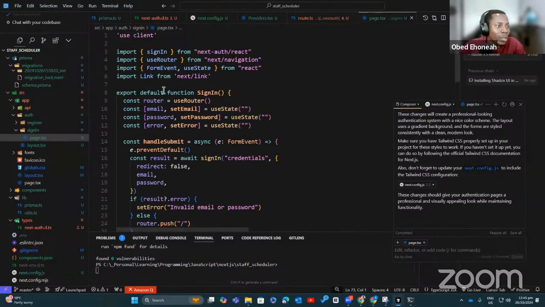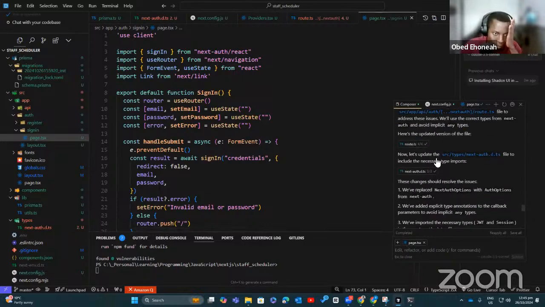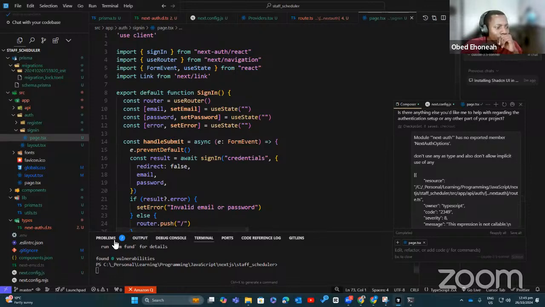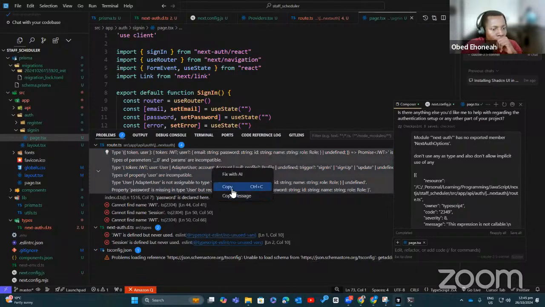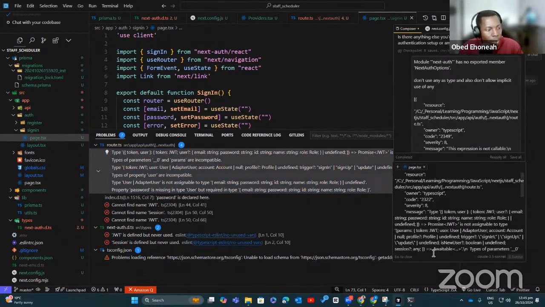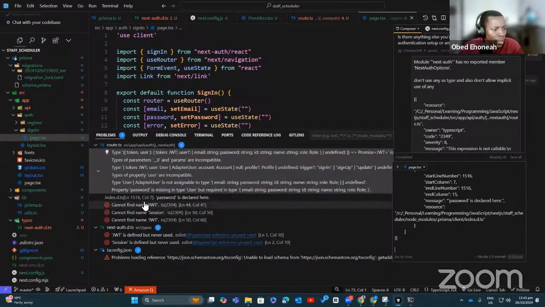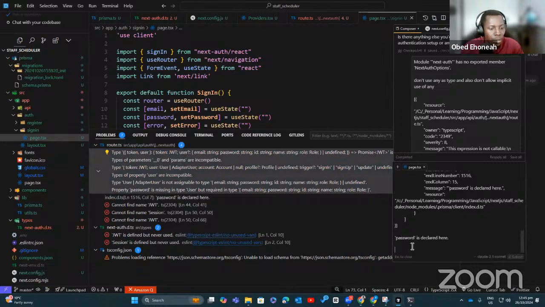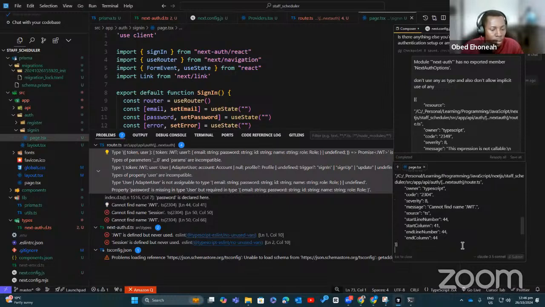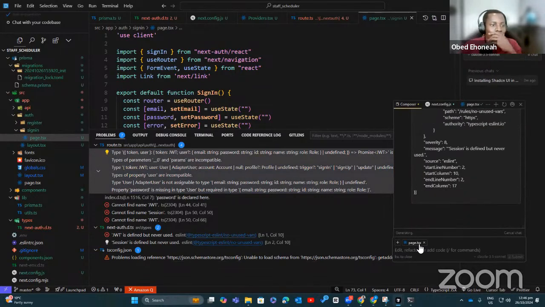Anyway, so this works fine. Let's keep going. What else will we want? Oh, we didn't run the migrations. Do we still have errors to fix? There's still errors. I wanted to make sure we fixed all the errors so we don't have any changes to the database by the time we do it. But it doesn't matter, I think we should be able to. Let's run this. It fixes it, then we are good.